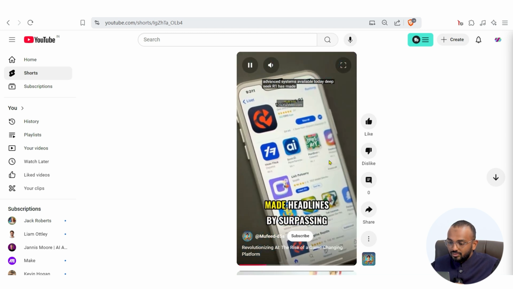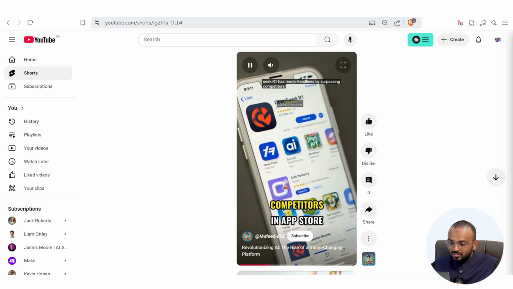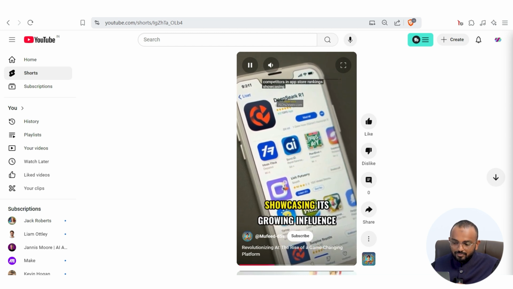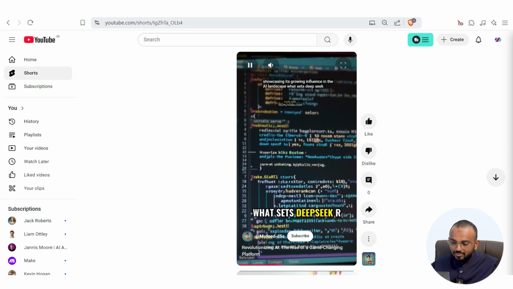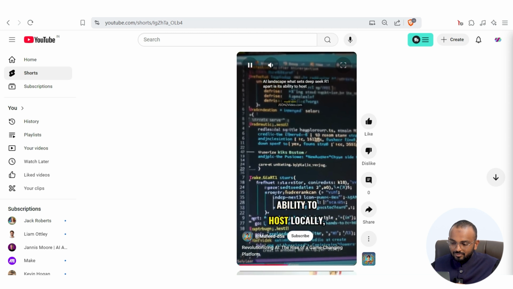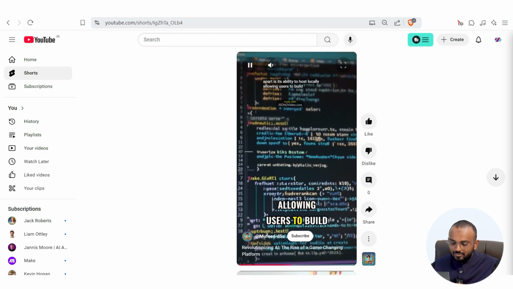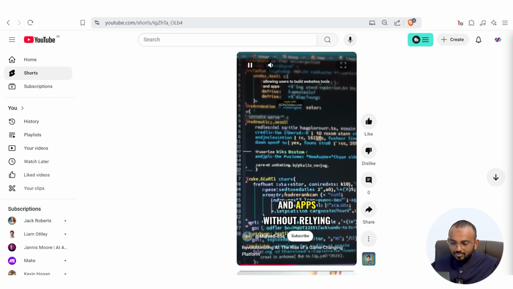DeepSeek R1 has made headlines by surpassing competitors in App Store rankings, showcasing its growing influence in the AI landscape. What sets DeepSeek R1 apart is its ability to host locally, allowing users to build websites, tools, and apps without